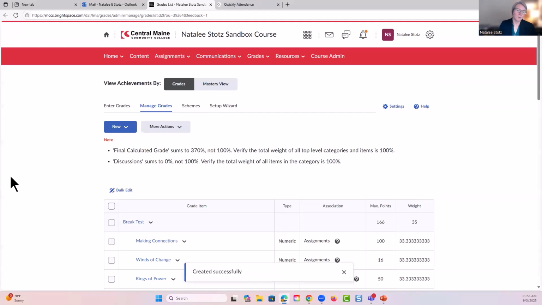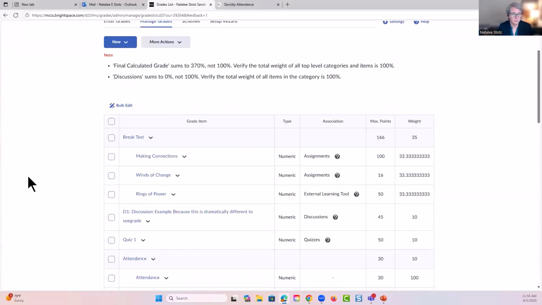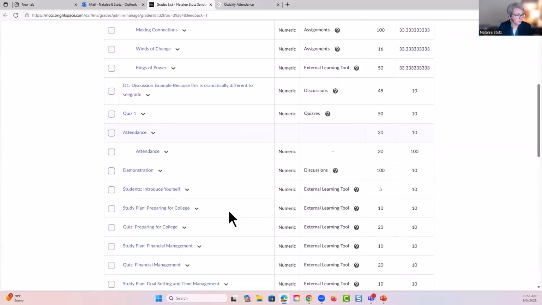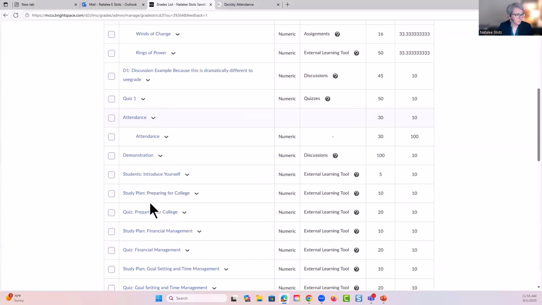readjust that. Ideally, you want to have your categories decided on and what their weights are going to be before you set the grade book up. That should be in your syllabus. So I'm going to have discussions. I'm going to have quizzes, and